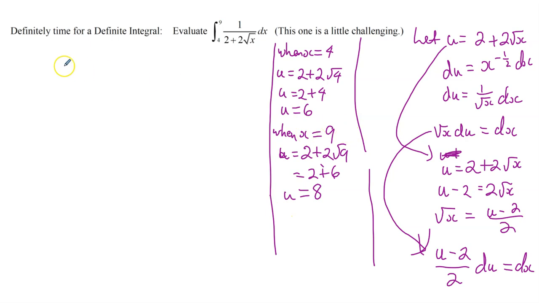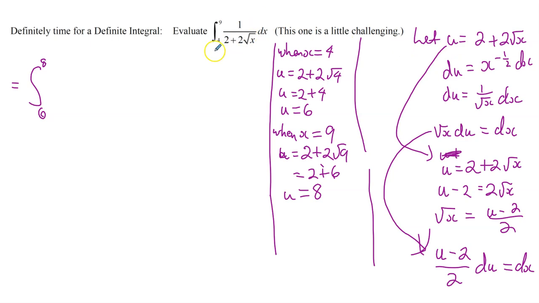And we do this because we're doing a definite integral. So I don't need to do what we did with the indefinite integral, x to u and then back. We can just evaluate. So this will be equal to the definite integral from u is 6 to u is 8 of